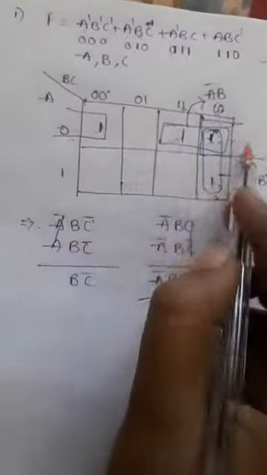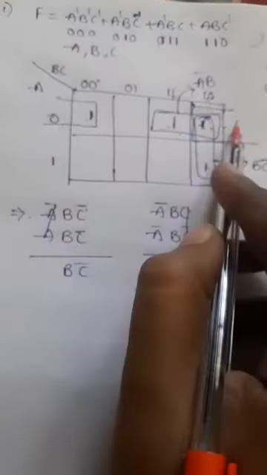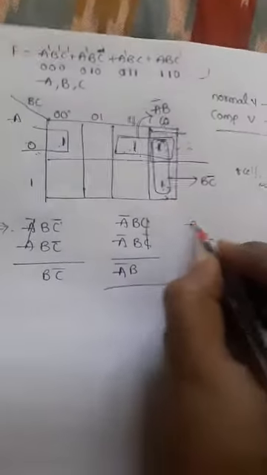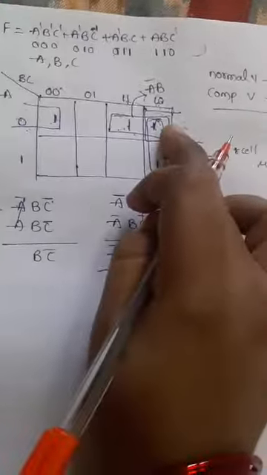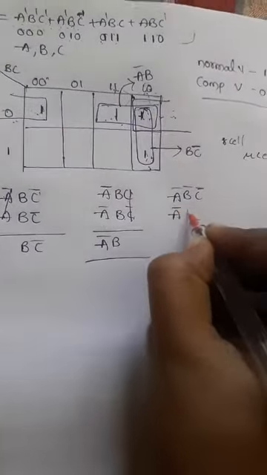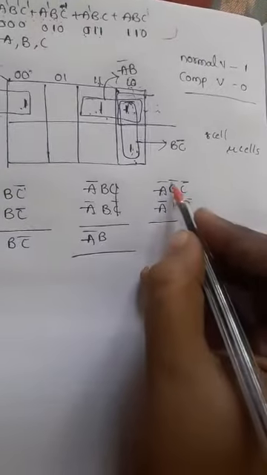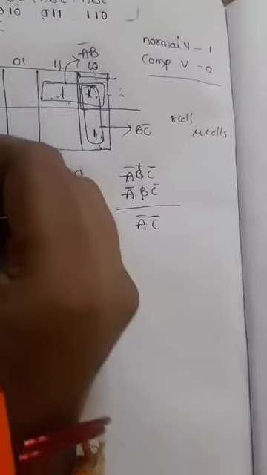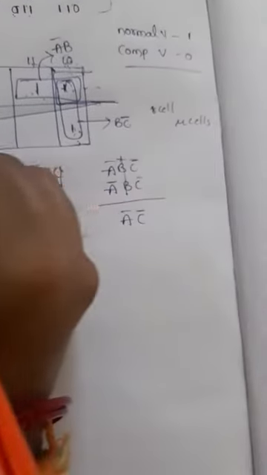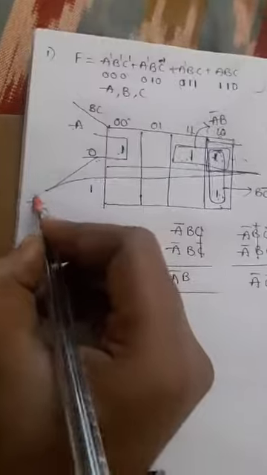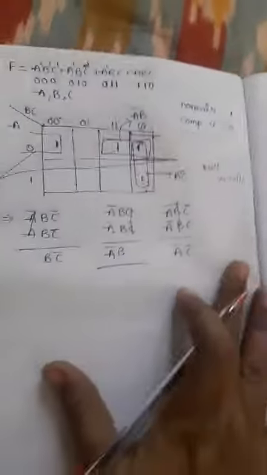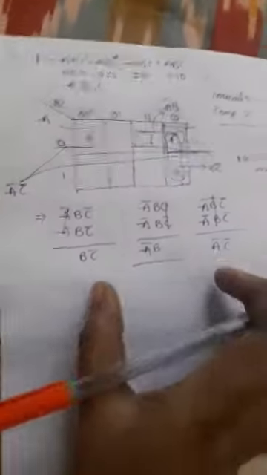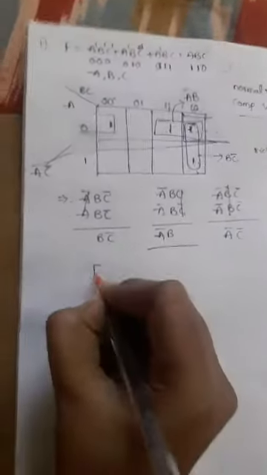Now coming to the opposite cells, that is the first corner and the last corner of the first row. That is 000, A complement, B complement, C complement. Now the last one, 0 1 0, A complement, B, C complement. In that, B complement and B are changing variables, so you write A complement, C complement. This is the corner grouping. The result for this is A complement, C complement.